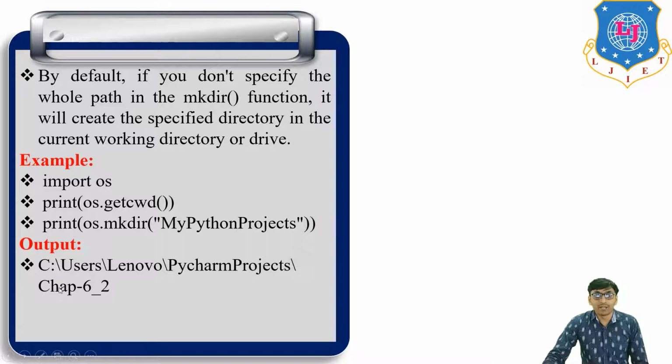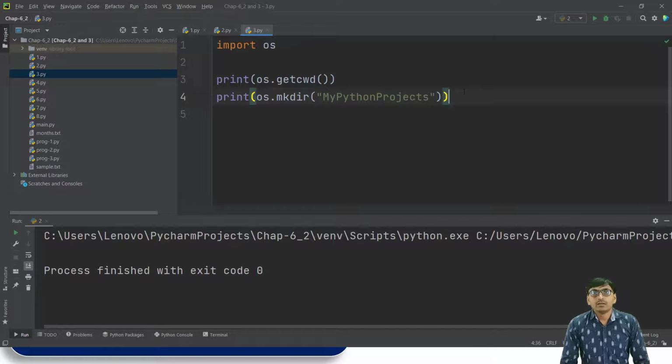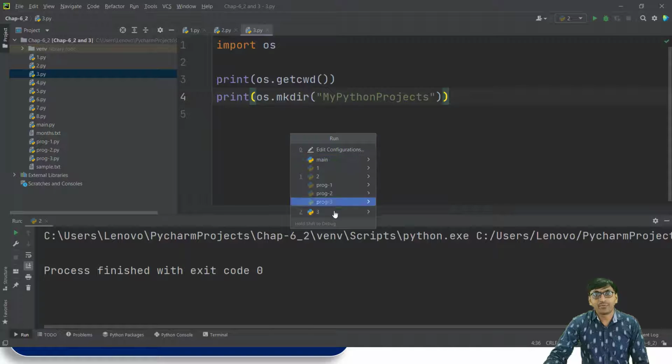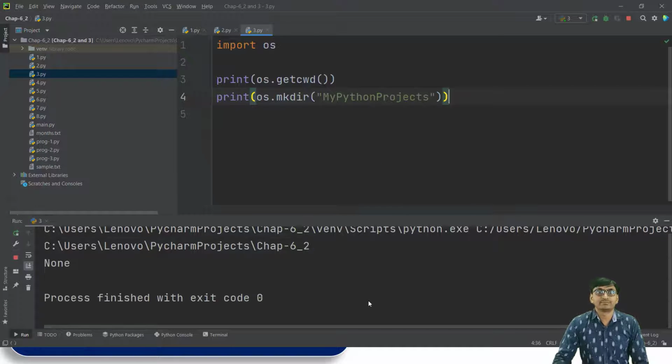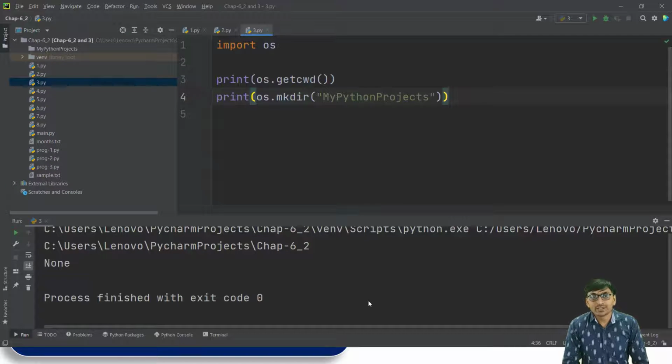If we run this program in PyCharm, the output is C:\Users\Lenovo\PyCharmProjects\chapter6_2.